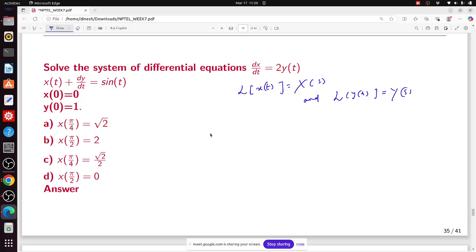Then the Laplace transform of derivatives will be